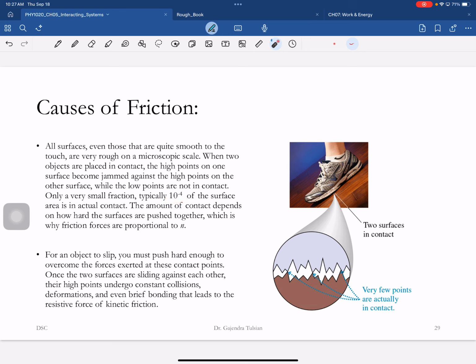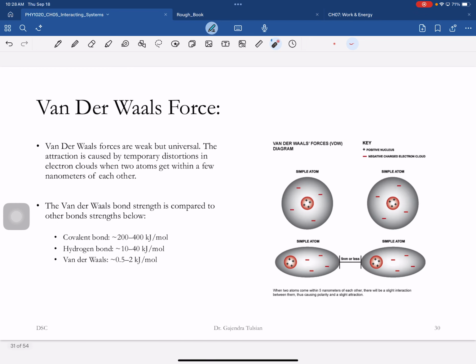Let's say I put this computer on the surface. The actual area of contact is about the tip of this pen. So again, how can I increase this friction force? I can increase this friction force by pressing down on it. The friction force increases. What happened when I press down on it? More atoms were in contact. That's all. Okay, all right, guys. So we are going to